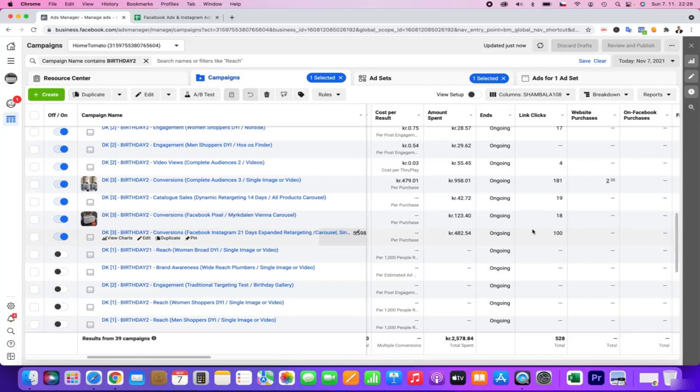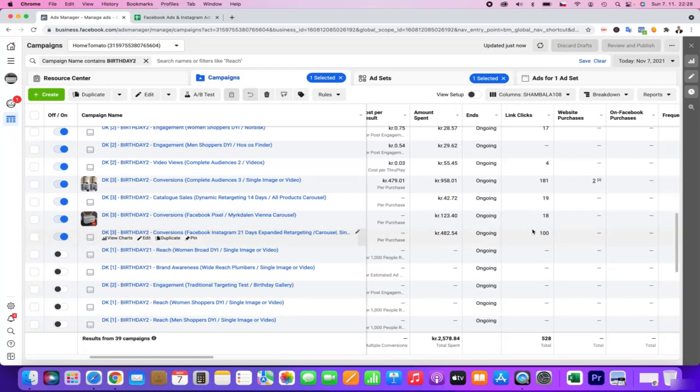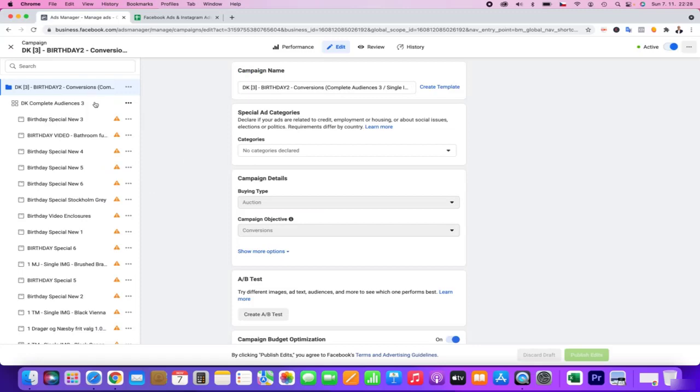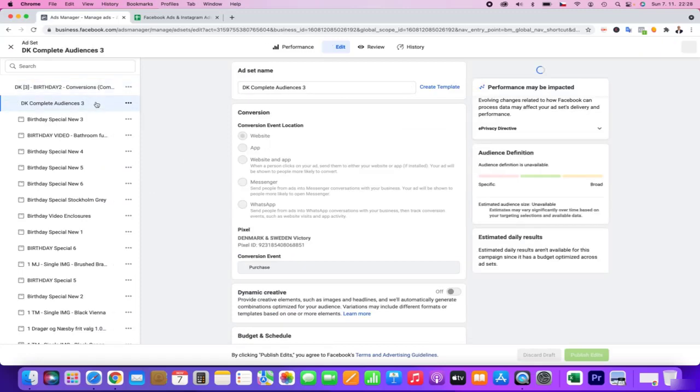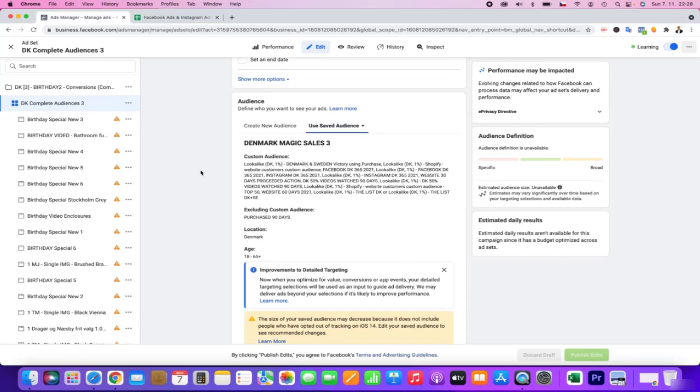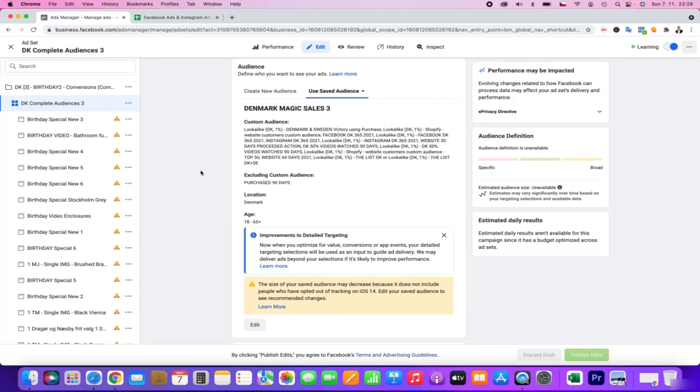And basically the reason is that I don't want the campaigns to fight each other in the auction. I mix custom audiences and lookalike audiences here. So I both reach out to new people, but we also retarget Facebook, Instagram, and website, and we use different lookalike audiences.